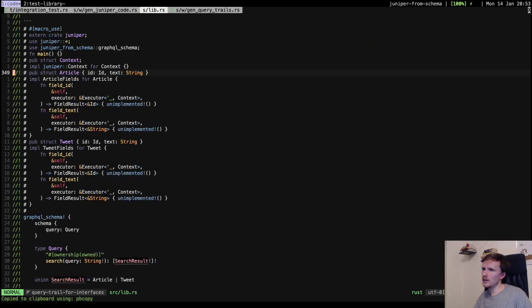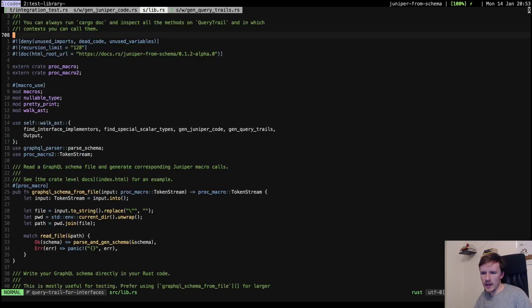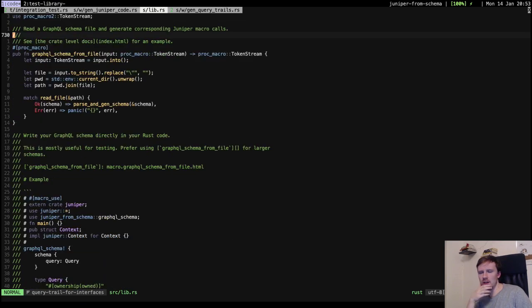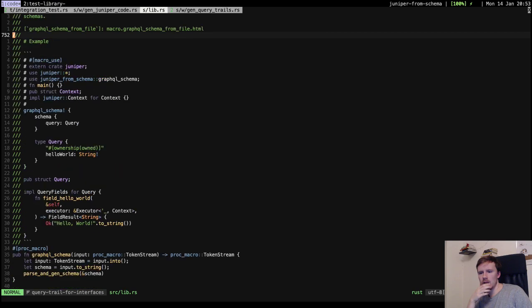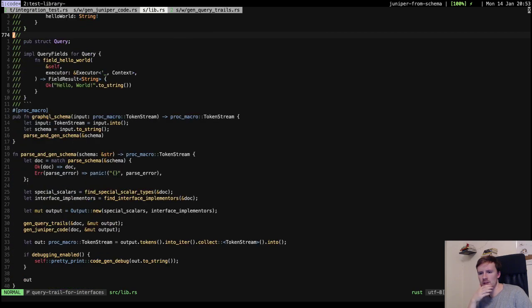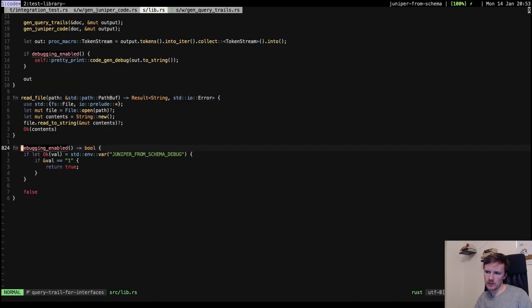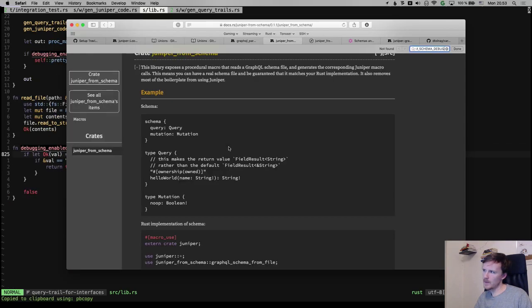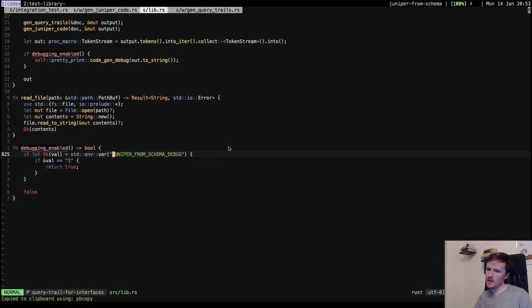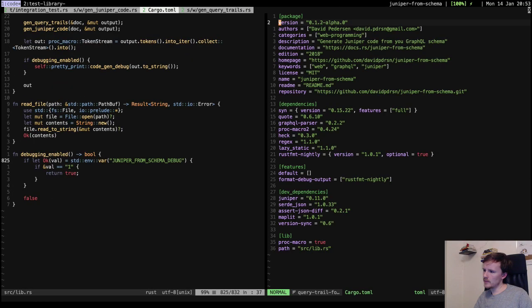I think I'm wondering if I added some feature to debug print the tokens if debugging is enabled. Yeah, I added a feature called